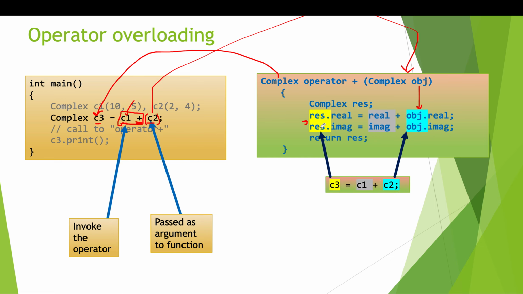This is C3's real and imaginary. This is going to be C1's real and imaginary, and this is going to be C2's real and imaginary. As C1 has called the function, we do not need to mention C1.real and C1.imaginary. This is the same as this dot real and this dot imaginary that you know. So this is how each real and imaginary part is connected with the respective object. So is this clear? Two objects C1 and C2 are passed, or you can say these two objects will be the input, and their values will be added to give the value of C3.